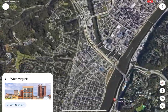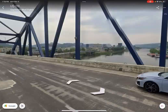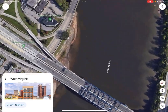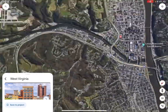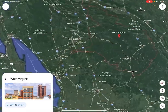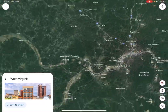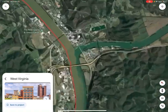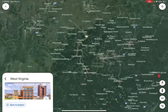And we can even show you the Kanawha River. Okay, let's get a good look. Right now, you're looking at the Kanawha River. How do you pronounce it? Let's see. Kanawha River. And then there's the Elk River. The Elk River flows near the border with Pennsylvania, but eventually the Elk River empties into the Kanawha River. And then it keeps making its way up, and it passes through Henderson too. And then the Elk River empties into the Ohio River. Anyway,